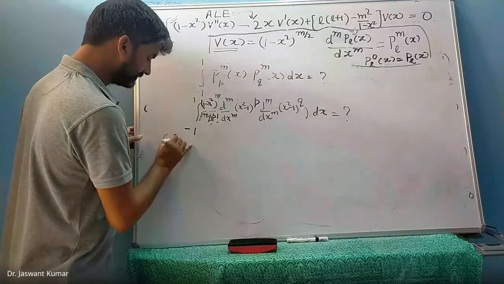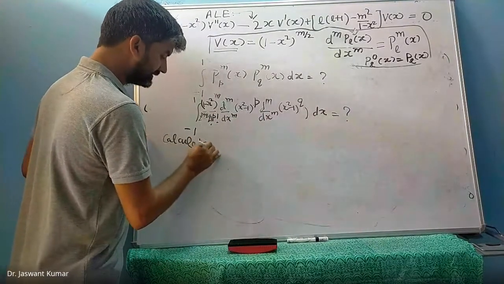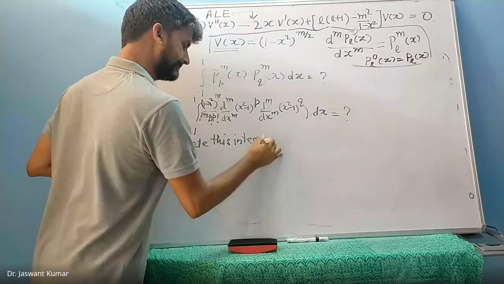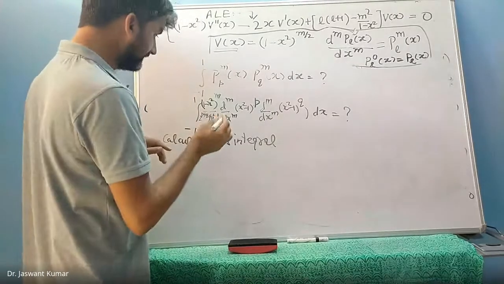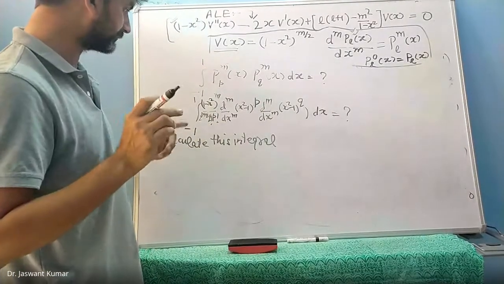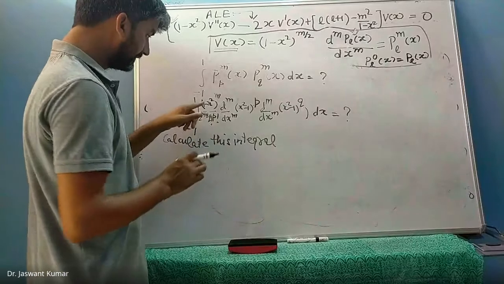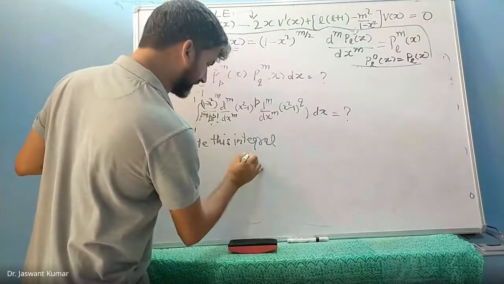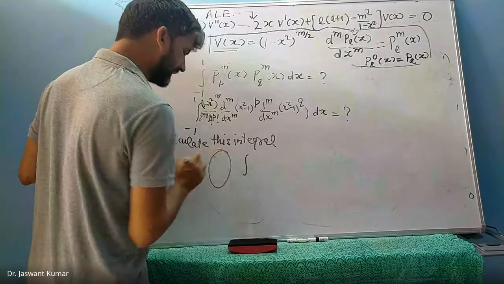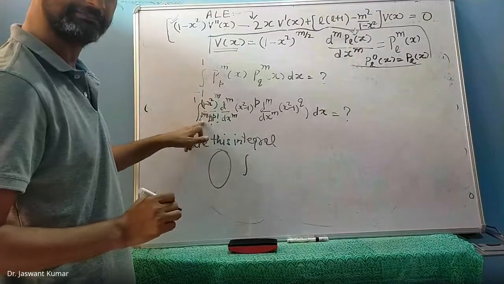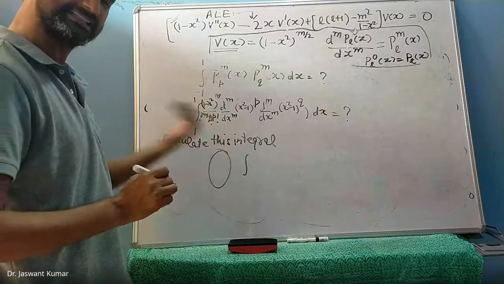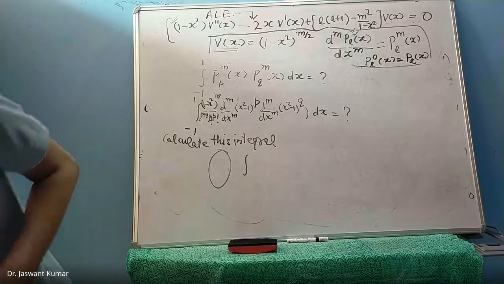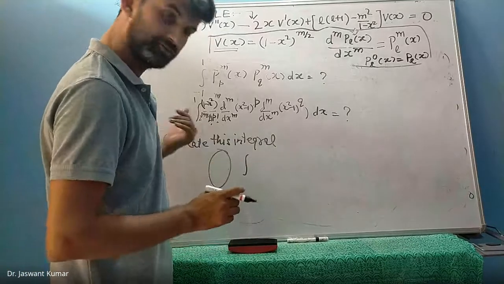Calculate this integral. How do you calculate this integral? Is there anything in this integral that can be calculated? See, the x dependent terms are inside, because this is over dx. There is some blah blah blah over here, which is 1 by 2 to the power p plus q, p factorial, q factorial. All this can come outside the integration sign. All of that can come outside the integration sign.